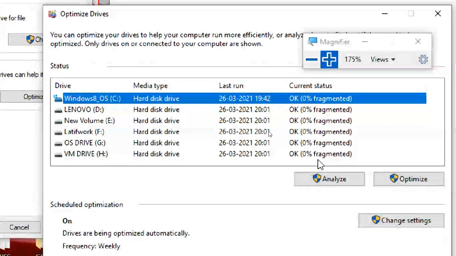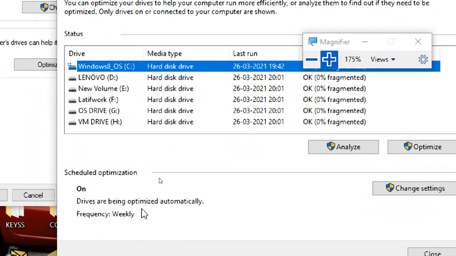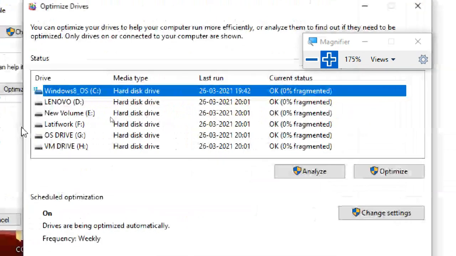See, the current status is showing zero fragments. It was already checked on the 26th. Automatically, the system will check weekly, whether any fragments are created or not. That's why we use Windows 8 and Windows 10. Because it automatically tries to optimize your PC. Every week it will check it.